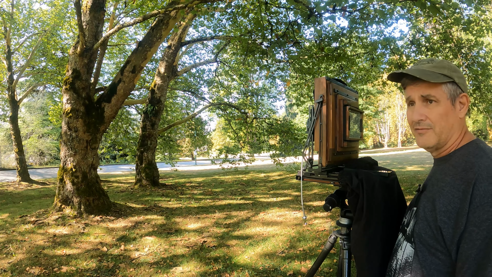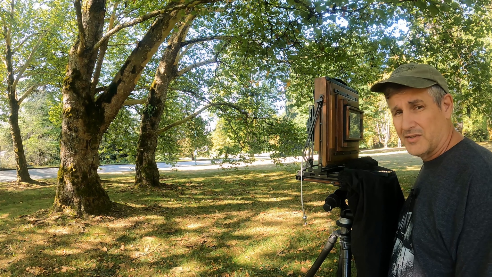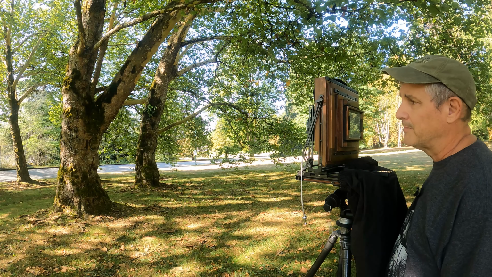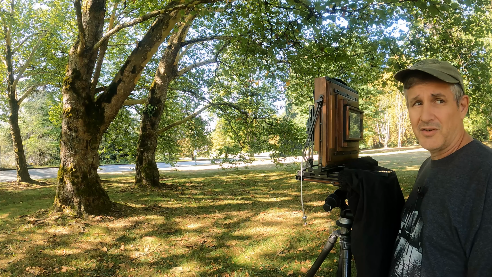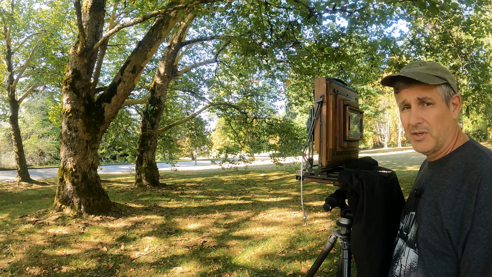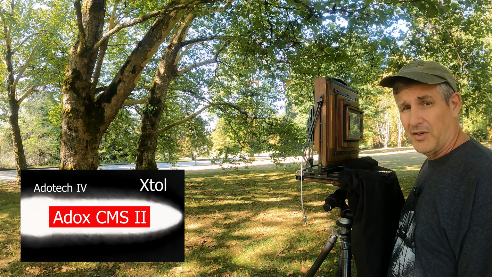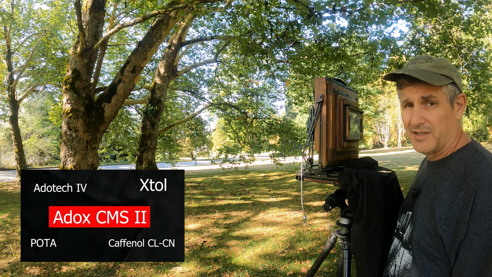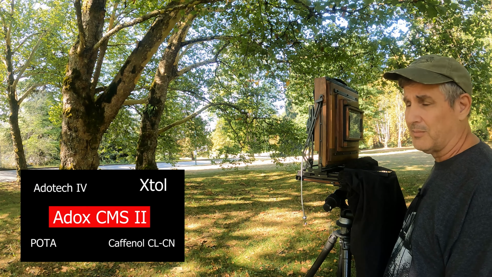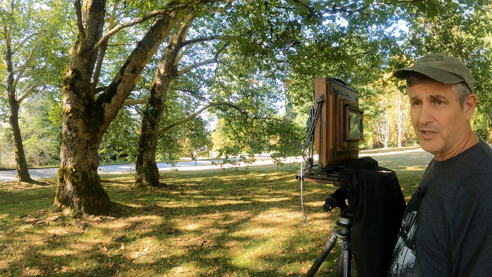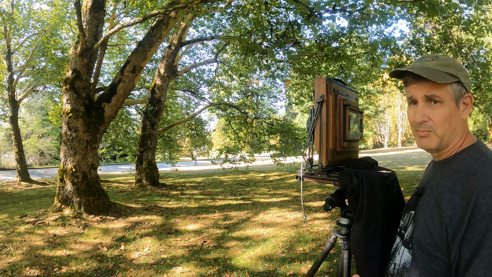Well, I've got 4 sheets of Adox CMS 20 and I'm carrying on with tests that I started about a year ago to find an alternative to Adotech IV developer. So I saw on the Fotrio site, Alan Johnson was playing around with